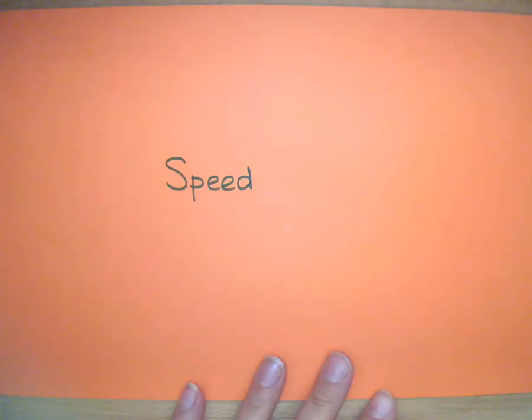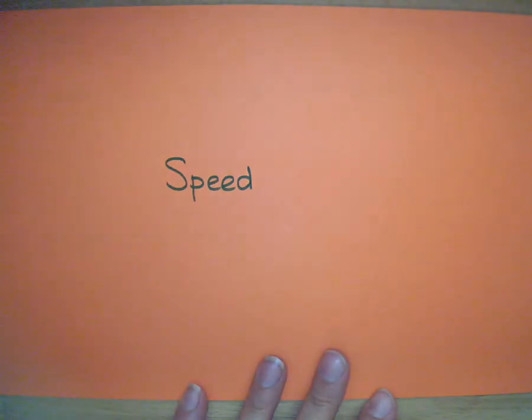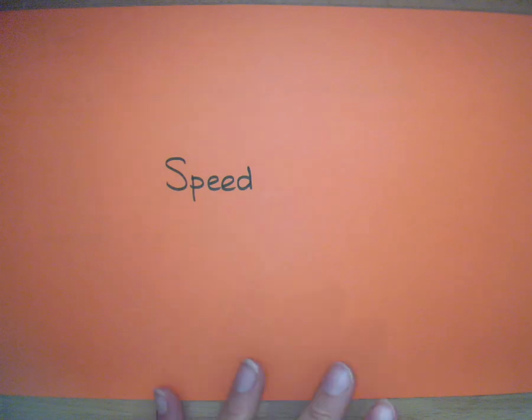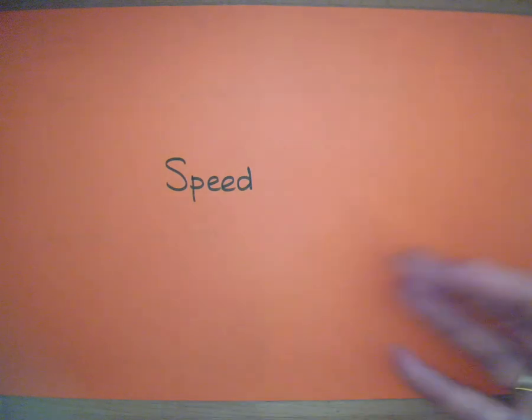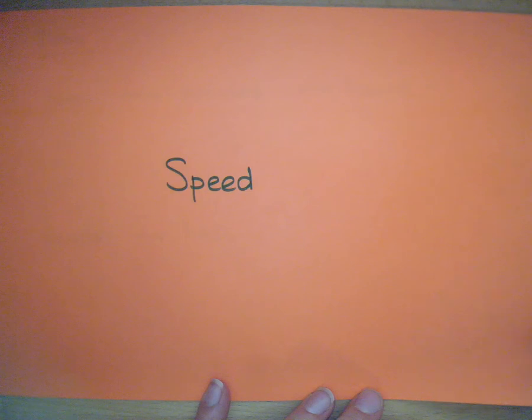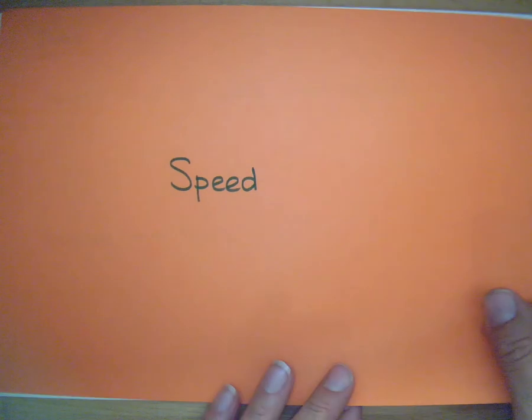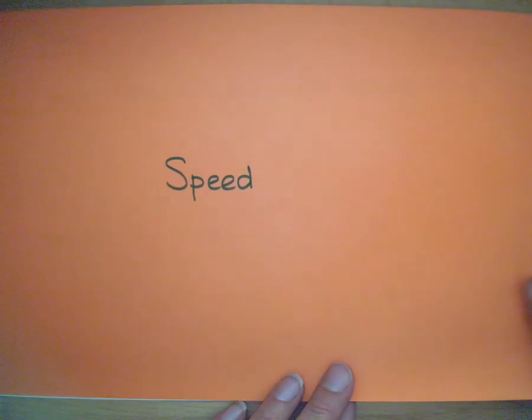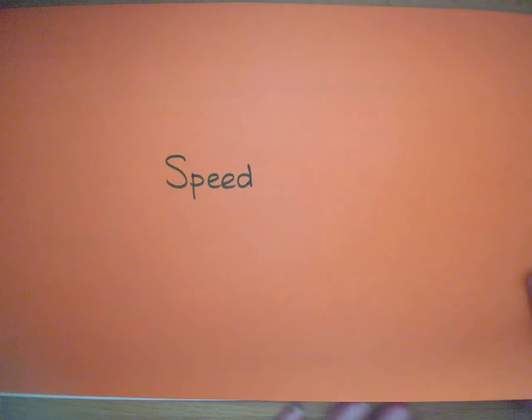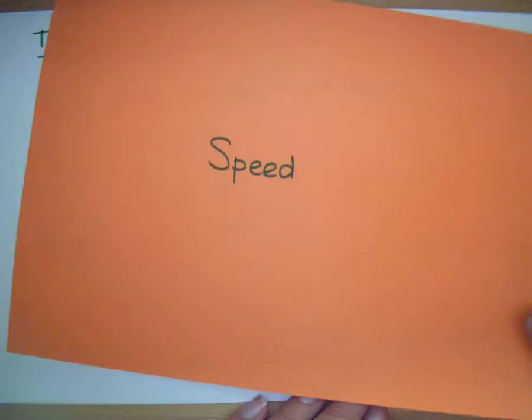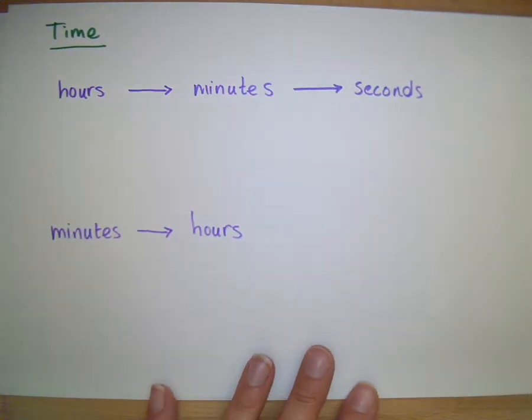Right, speed. We're going to learn about speed. Speed is a measure of how far a thing goes in a certain length of time. So how far something goes is a distance, and how long it takes is the time that it takes. So distance and time are important to determine the speed of an object. Because time is involved, I want to make sure we all know how to